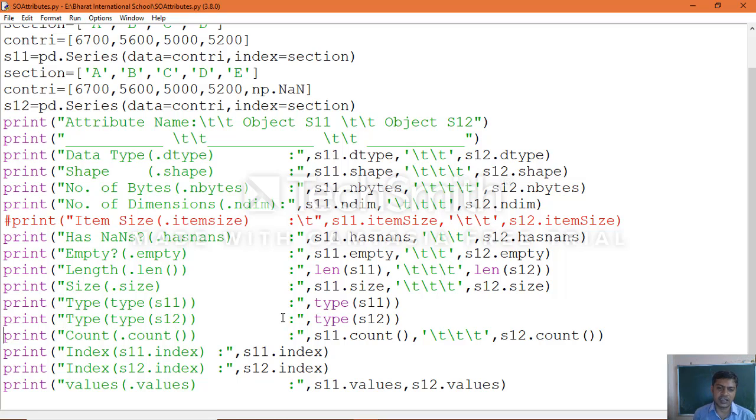You can retrieve all of this information the moment you create an object for the series data structure. That's how we can practically execute it. We will see the further concepts of series objects in the upcoming classes. Thank you.